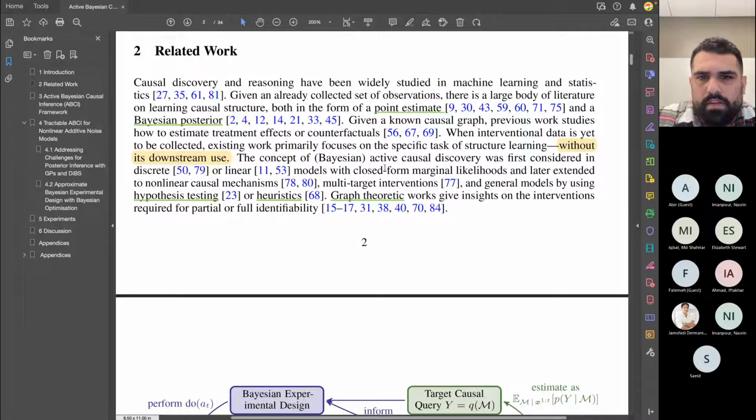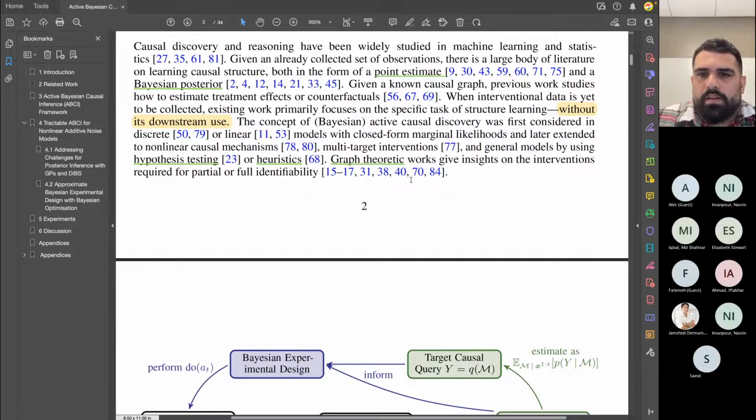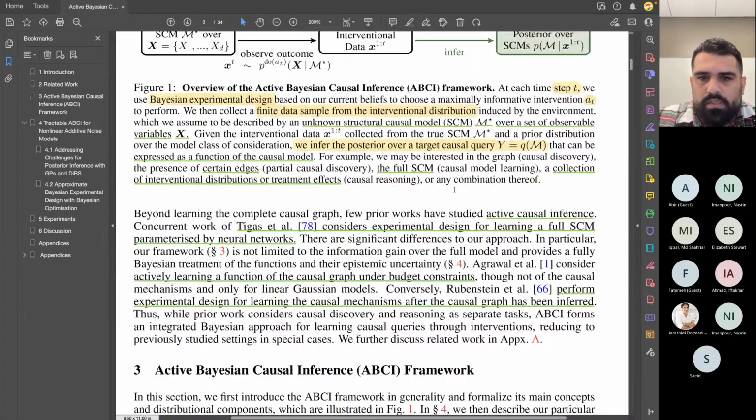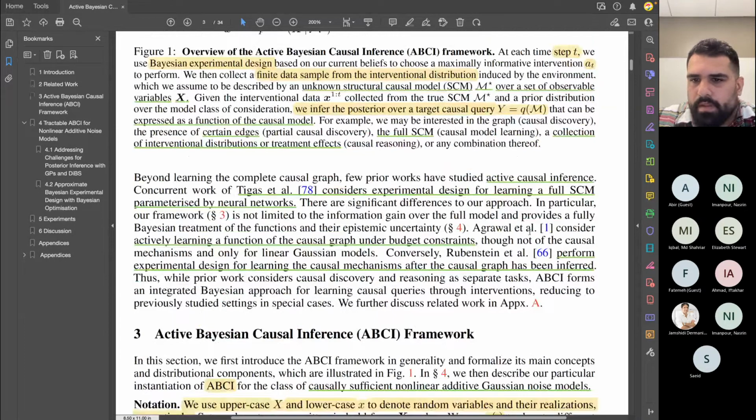I'm not sure if I highlighted that here, but there's another algorithm called ABCD, and they got the idea of taking this approach from that paper, which I think we will get to further down the line. But after, they talk about some of the similar works. I think the paper is this one,